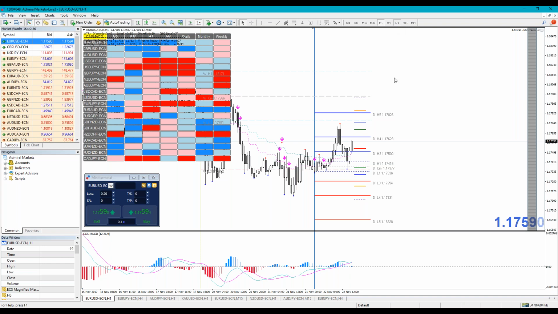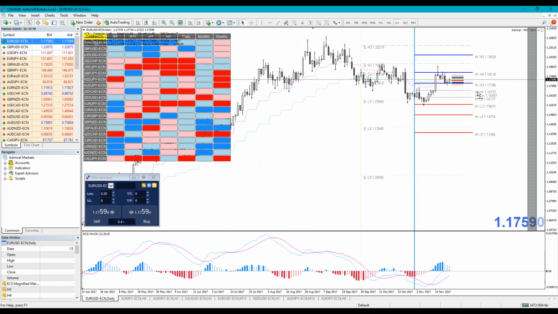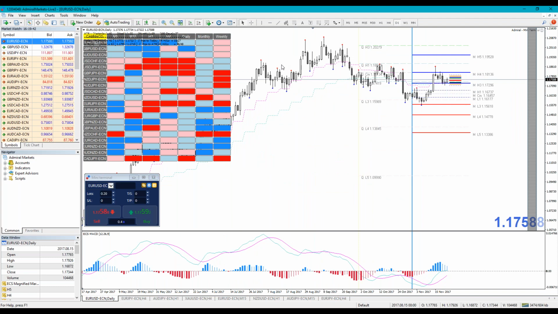Now, euro-dollar on the daily, I see a huge head and shoulders. No, this has already happened. Left, head, right, you see? It dropped here and spiked from monthly L3. Now this could be an inverted head and shoulders. You see, left, head, right. So now it's making an inverted head and shoulders. Above this spot, we go up.